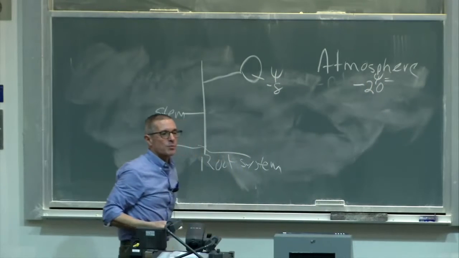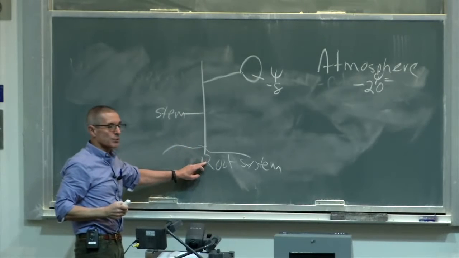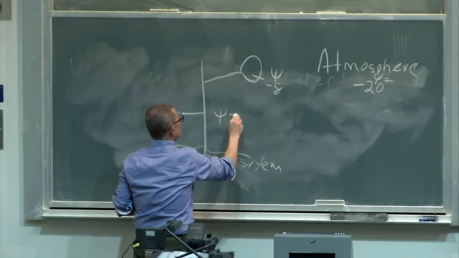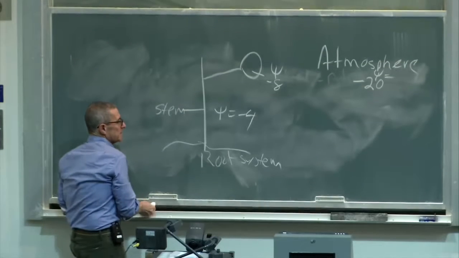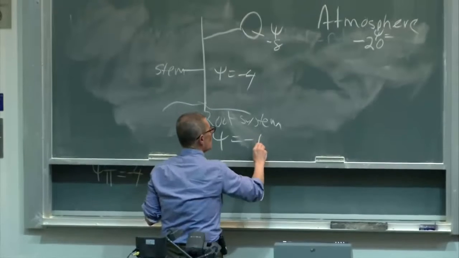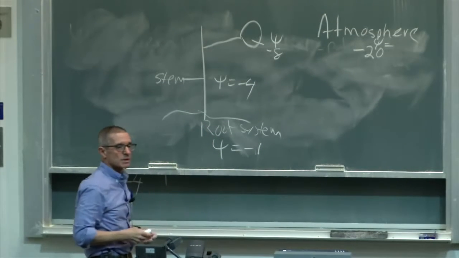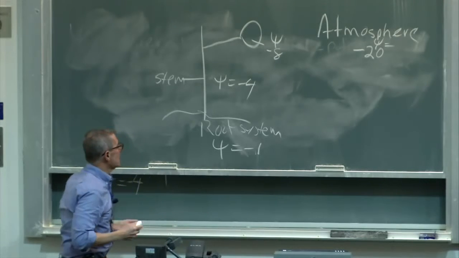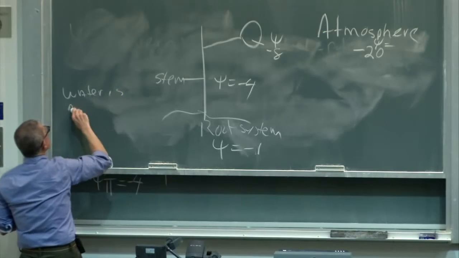Now what I want to do is to put some numbers on for the other two elements, the stem and the root system. For the stem, a reasonable value would be psi equals, say, -4. And for the root system, a reasonable value would be psi equals -1 for the overall water potential, or -2, something around there. Now what you should get out of this picture is that water is moving in the plant